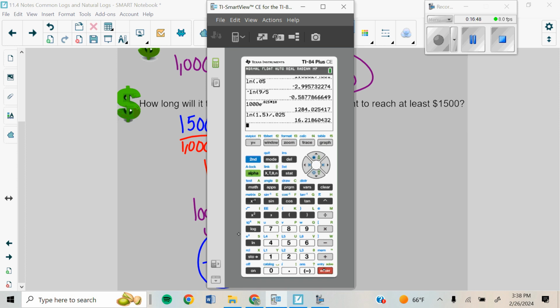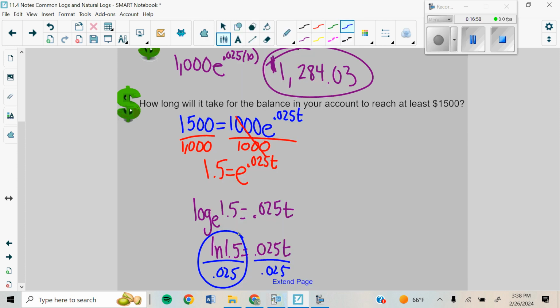So I'll just jump back again so that you can see our work here. And we get t equals